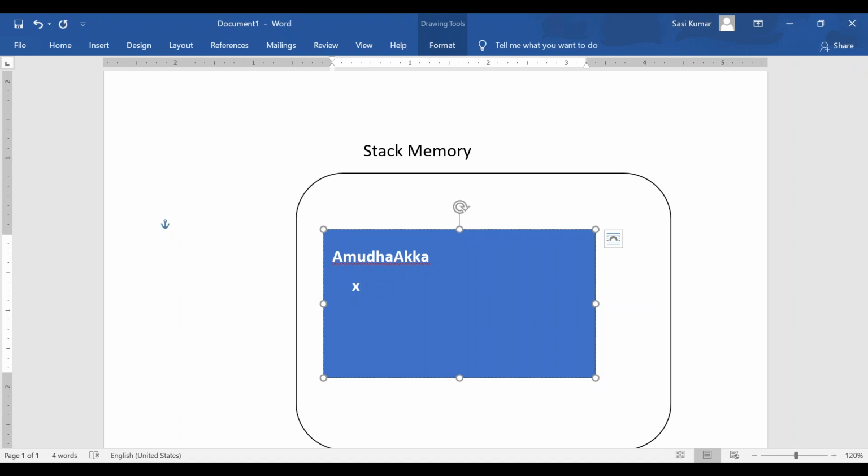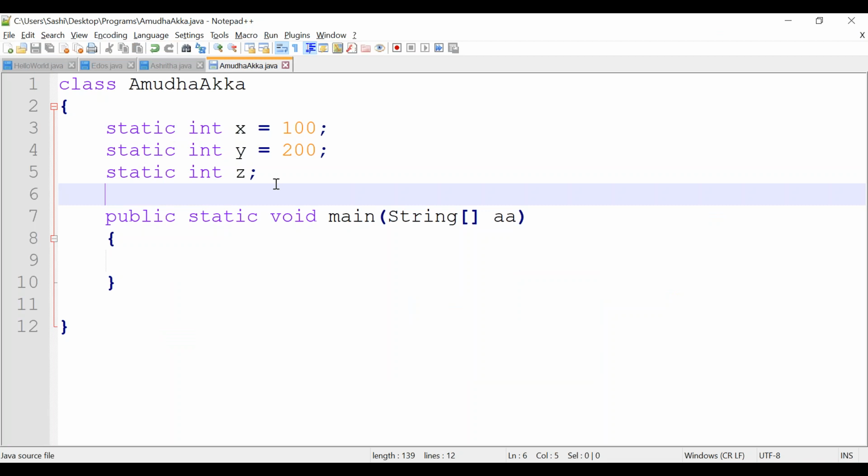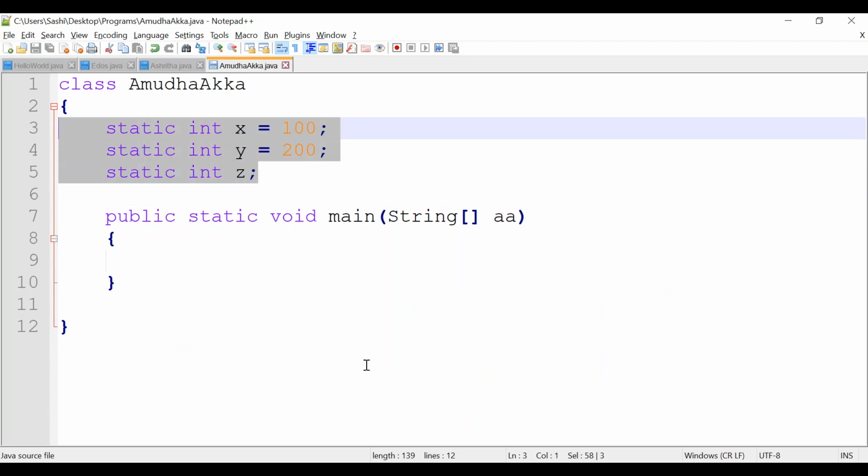So x will be loaded, y will be loaded, and z will be loaded. That is the second point. What is the third point? When x is loaded, it will be loaded with the initial value, 0. What about y? It is also int type, so it will be loaded with 0. What about z? Z is also int type, so it will be loaded with 0. All are loaded with default values.